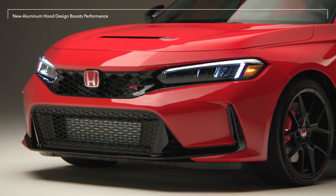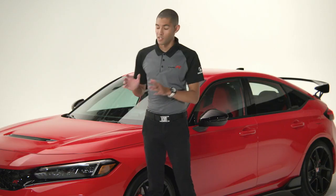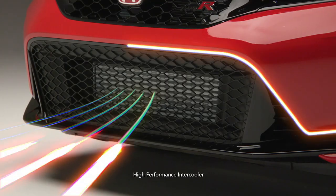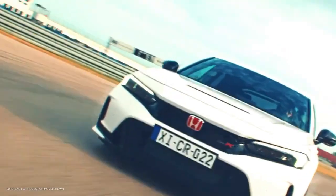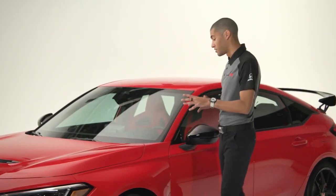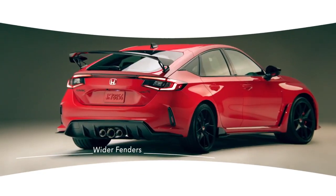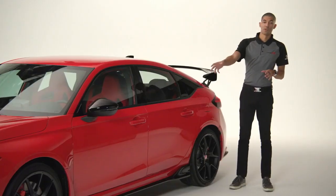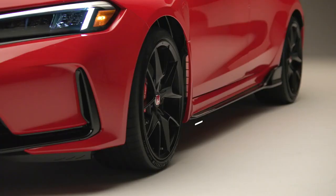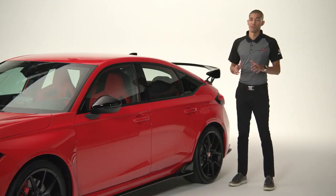See here up front, with the new hood, along with functional side air vents, coupled with this huge opening at the front of the front fascia, provides plenty of cooling to the engine when running hard at the track. You'll notice, as we move down the side of the Type R, that the front and rear fenders have been widened. We've also added more defined side sills. They look cool, but more importantly, these changes improve airflow while providing more room to accommodate Type R's massive